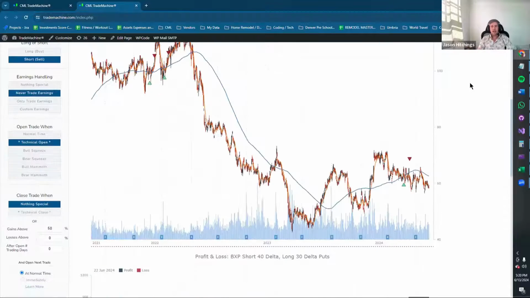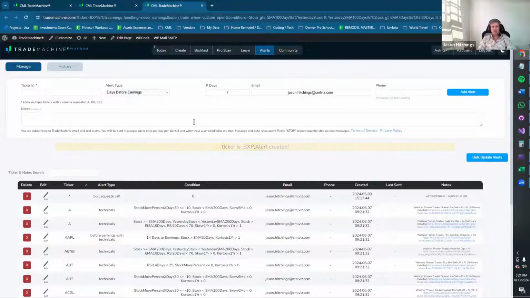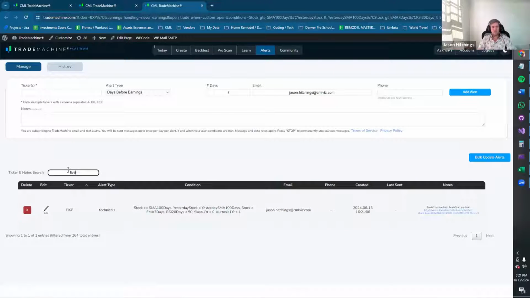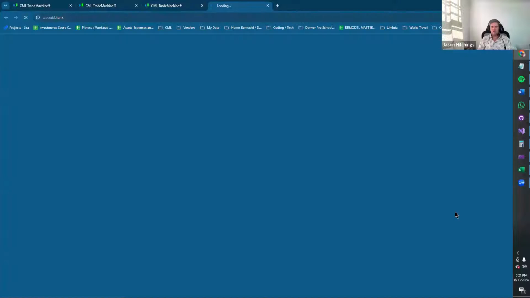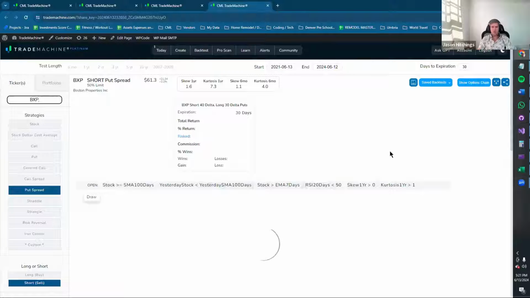What you can do is just click add alert. And now you put in your email address, you put any notes. And when you click add alert here, now it's going to check 5 or 6 or 7 times a day for those conditions to see if they're true. If they are true, it's going to send you either an email or an email and a text if you put your phone number. It's going to say what all of these values are. And additionally, it's going to send you this little link. And when you click the link, it's just going to hold this backtest up exactly the way that you created it originally.